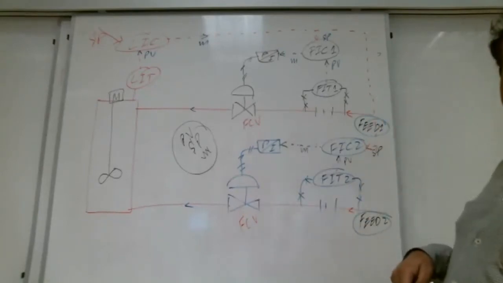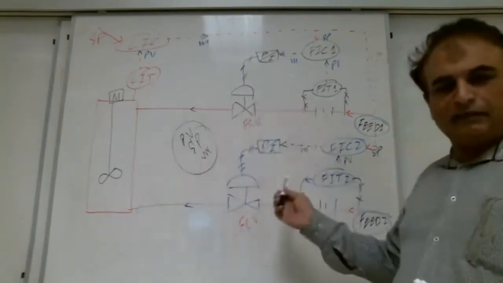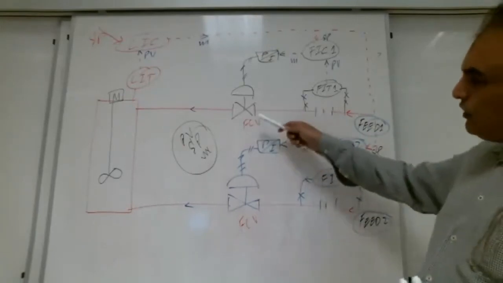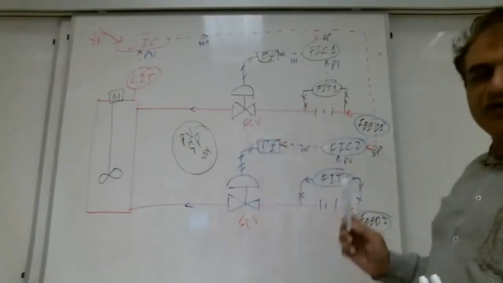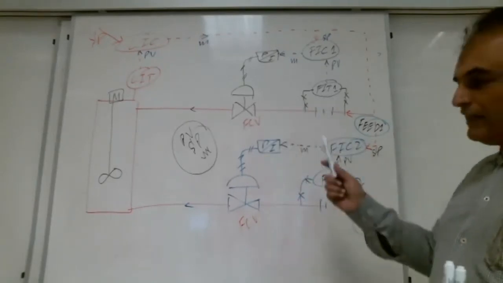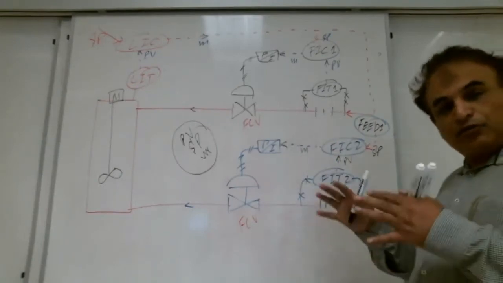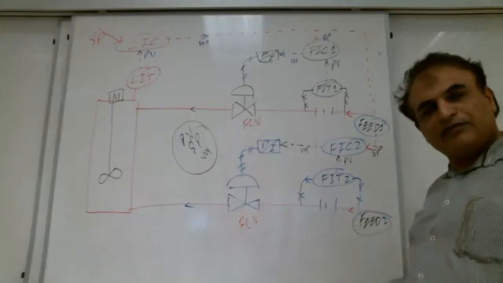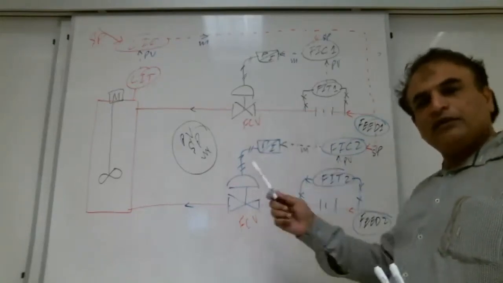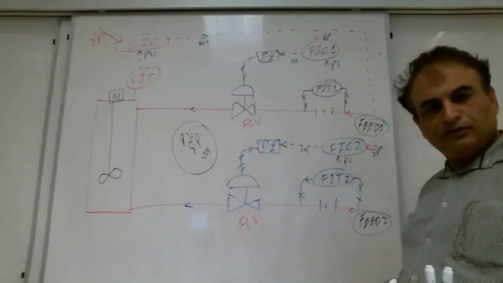The other approach is this. They are continuous, 24-hour working. Then whenever you want, you close them, so you put them normally open. If you are using them sometimes and sometimes you are not using them, then you put them normally closed. So whenever you want, you open them. Shabab with me? Okay, fine.